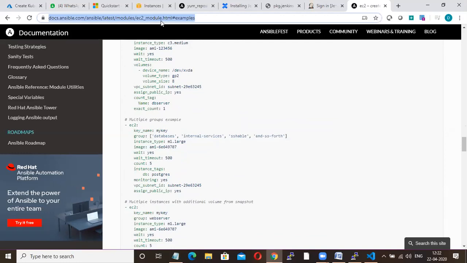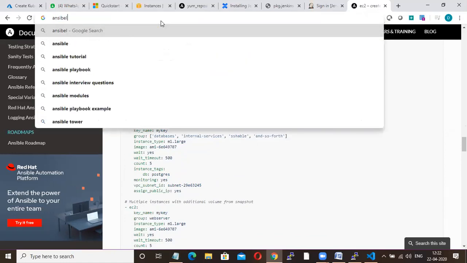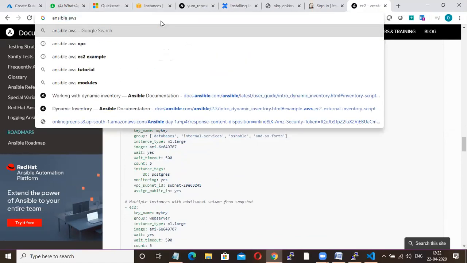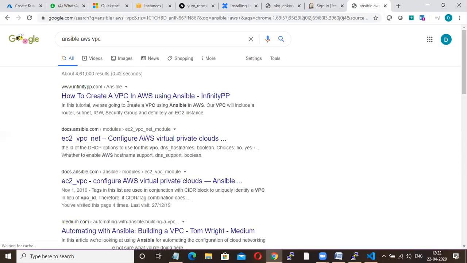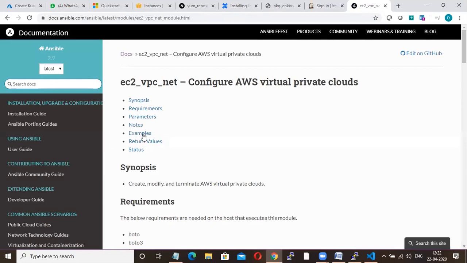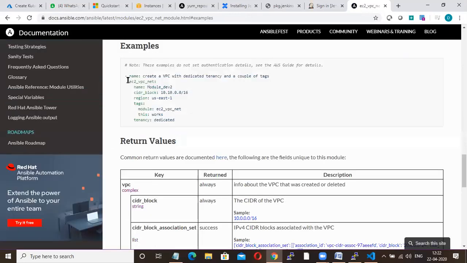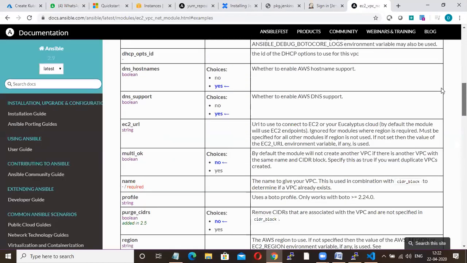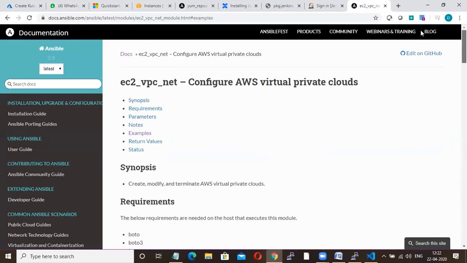Then whatever you want, tell me in AWS. Let's see. So I'll go for Ansible AWS VPC. Okay, if you go here, examples.